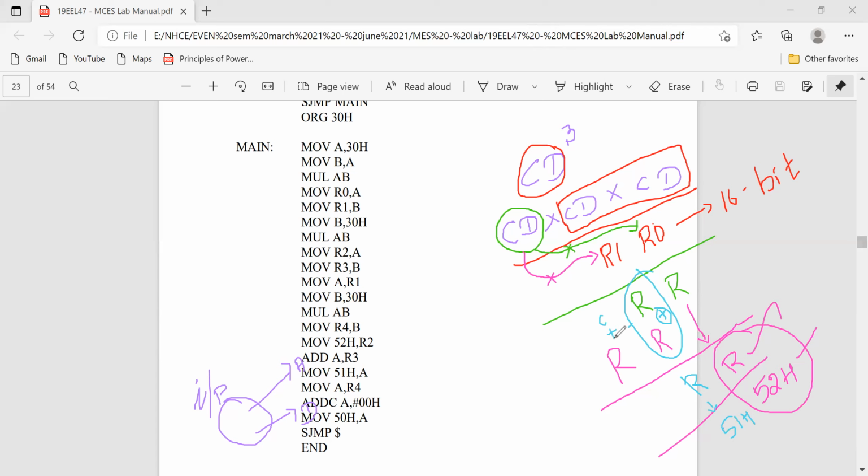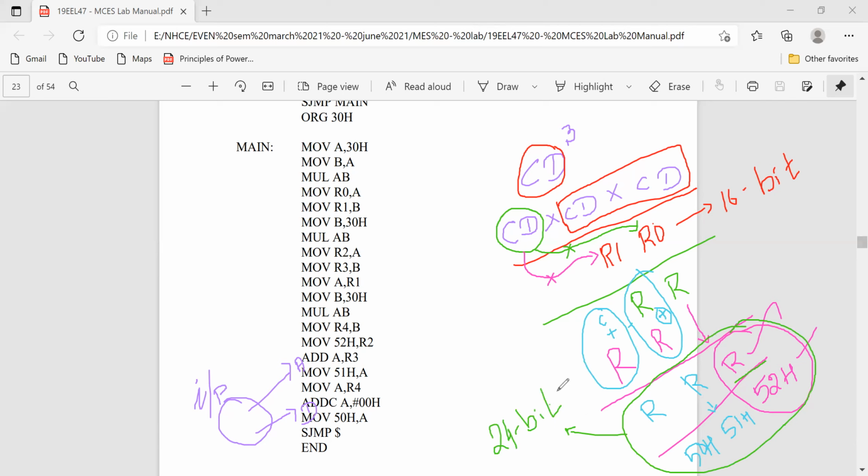With that carry, you should add this register, and finally store it in 50H. Now the conclusion is, the three data stored in three different locations form your 24-bit result.